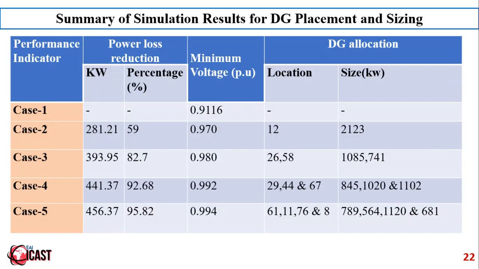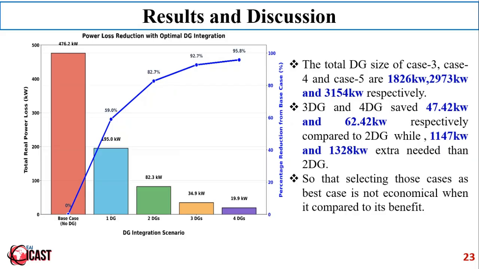When you see the summary of the simulation results for DG placement and size, it has 5 cases, and the performance indicators are power loss reduction and minimum voltage. The power loss is in kilowatt and percentage, and the DG locations are given by bus number and the size in kilowatt. This figure represents the percentage reduction from the base case in total real power losses. In the base case, the reduction is 0, it is the initial or reference one. When you see 1 DG integration, it is